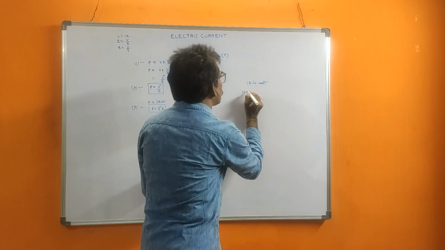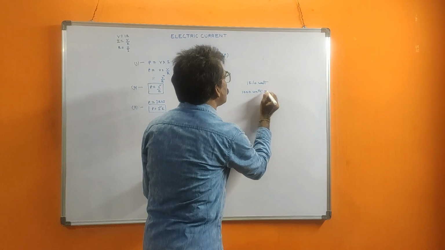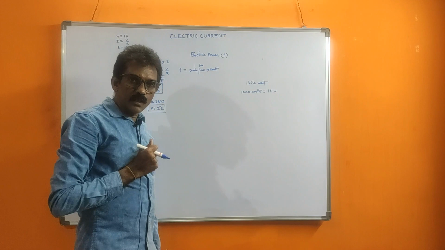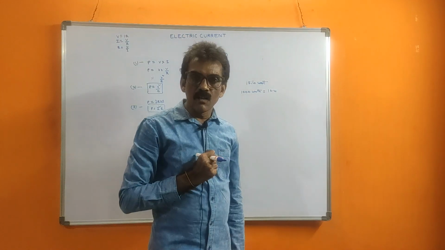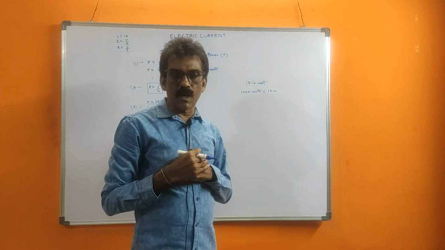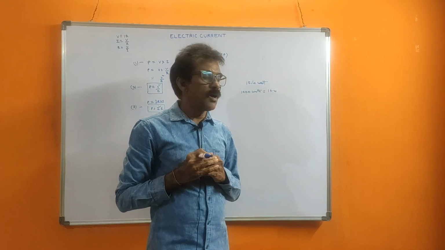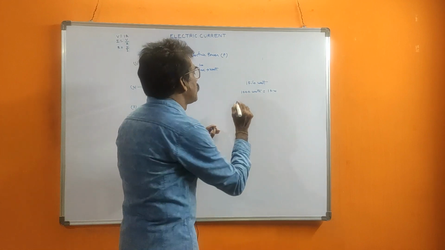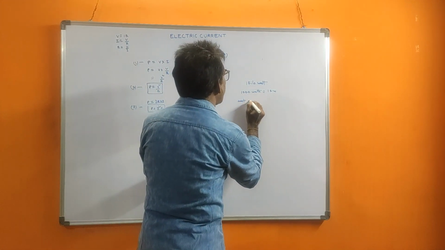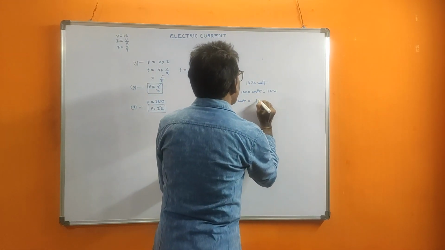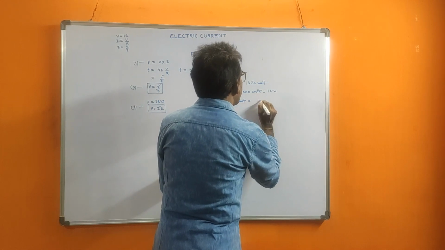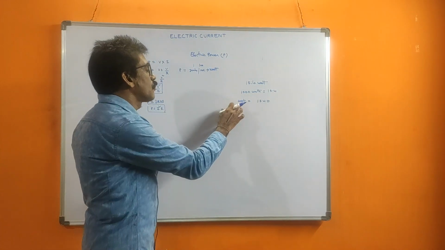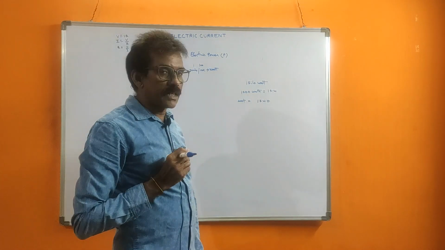That means 1000 watts is equal to 1 kilowatt. The kilowatt is used to measure electrical appliances, to measure the energy consumed through appliances. Energy means time we should consider. That's why our electrical unit is 1 kWh. 1 kWh is equal to 1 unit according to our electrical board.